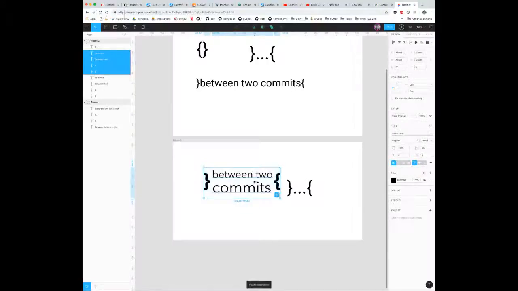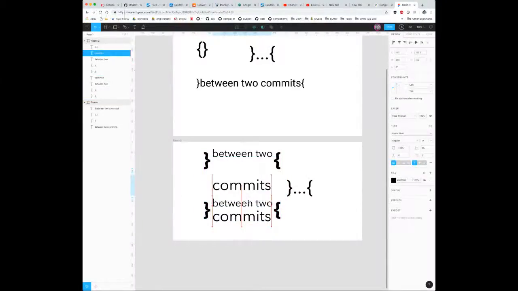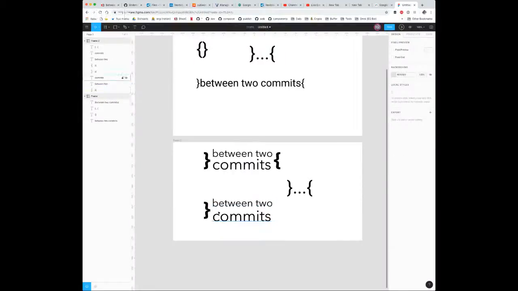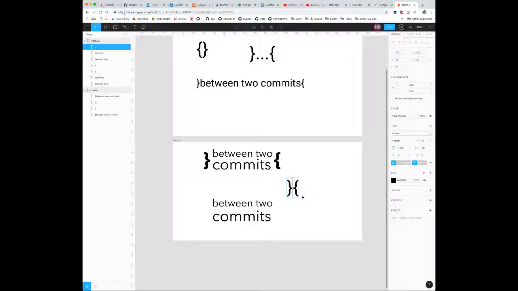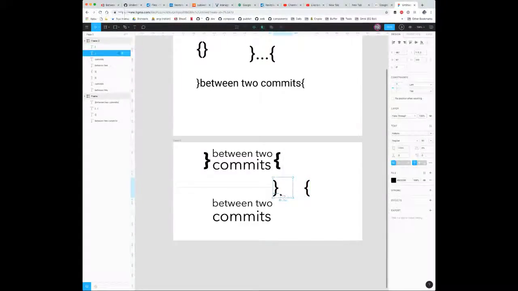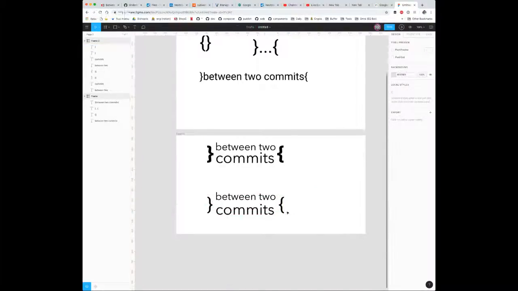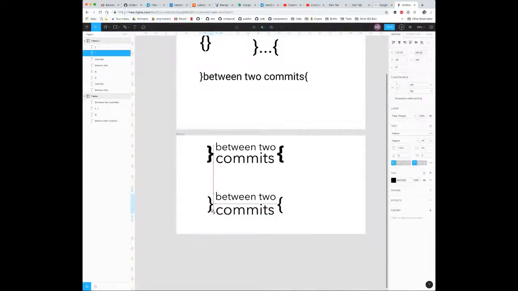Move this up here for now. I don't love that one. I want to take these ones here. These ones just feel more delicate, if that even makes sense.